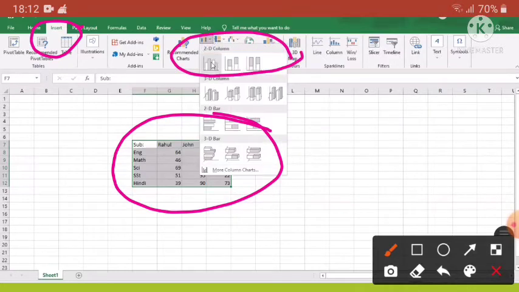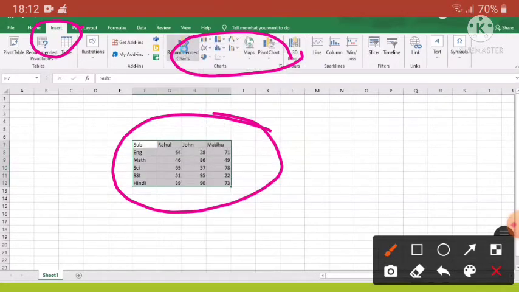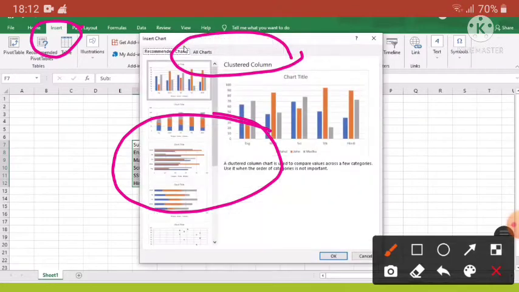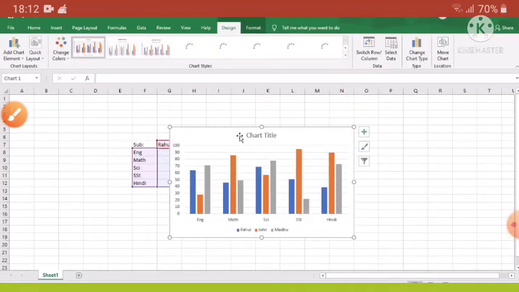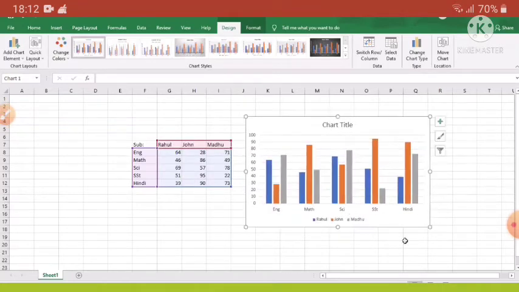If you click any one, then you will have 2D, 3D or different types, and beside it you will also have recommended charts. If you click here, you will see different types of charts. At first select the particular chart you want to display on the worksheet and then click on OK.